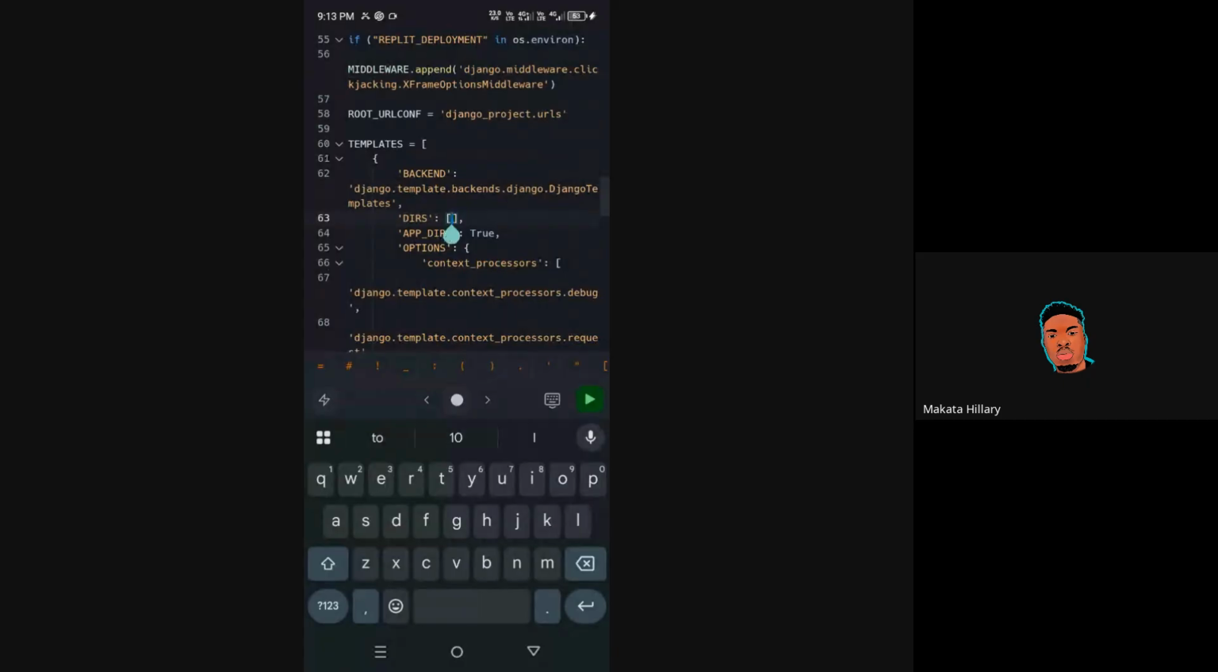Click on this directory, that is on line 63. You see DIRS. Within that directory folder, you are going to type in capital letters BASE_DIR, space, hyphen, then open and close your quotation. Within there, use small letters throughout for this particular template. Type in